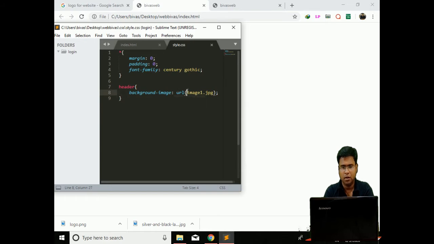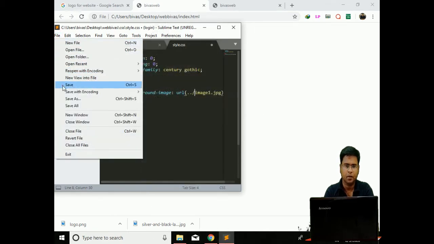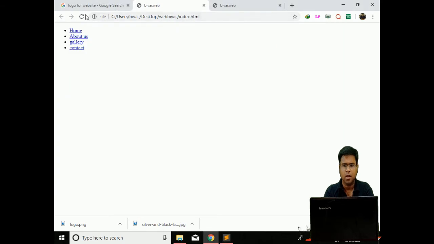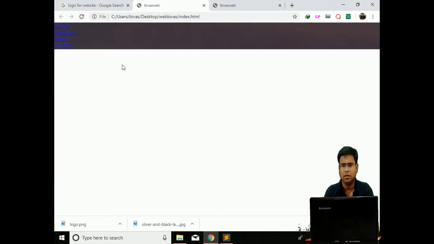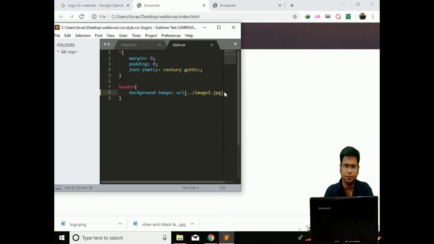All I have done is I have not given two dots and a slash. Now I am saving this one. Yes, our image has come, but the entire image has not come over yet. So I have to make some changes.